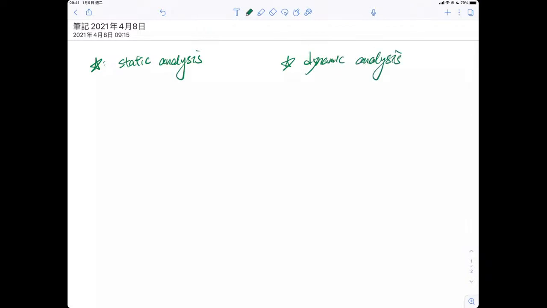In Mandarin that is 静态分析, 静态分析. The right hand side that is 动态分析, 动态分析. And the most important thing about these two different methods is that while you do static analysis, first you have to obtain